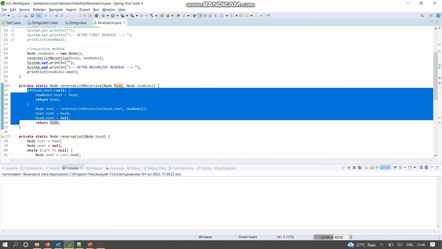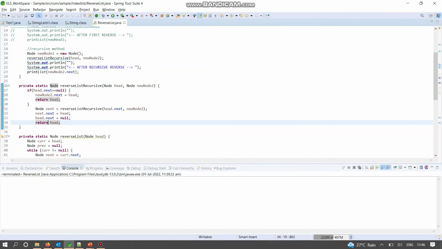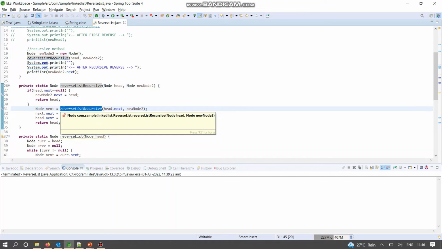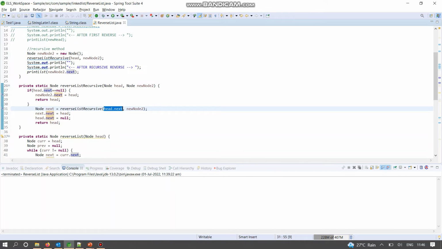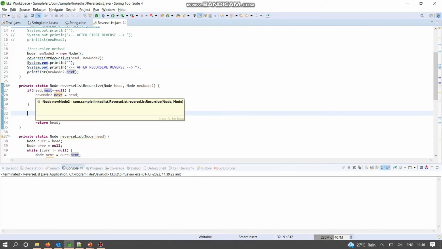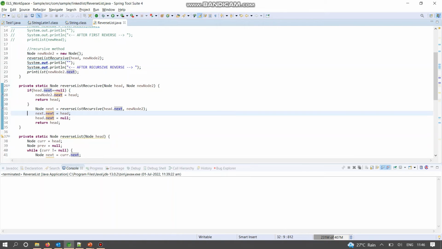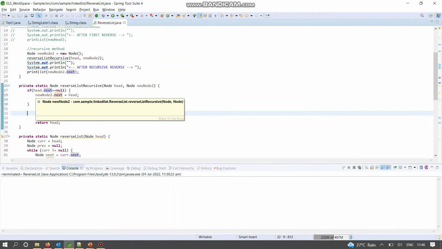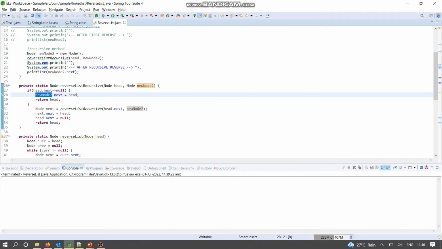So here I have written the code in the IDE. This is the recursive call. Here we are calling the linked list recursively while updating our head to the next of the linked list. This is the base case. As we reach the end of the linked list, we save the last node of the linked list as the new head, as you can see here, and we return the head.